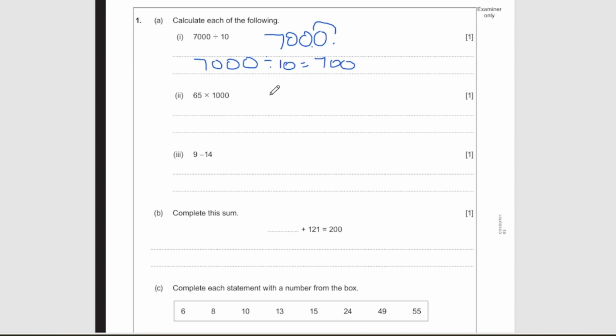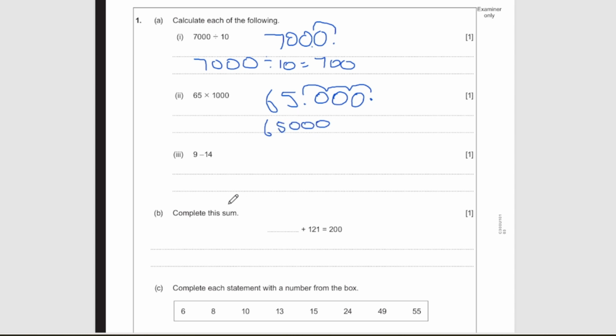65 times 1,000. Well, when we times by 1,000, we're moving the decimal place 3 times to the right. So here's my decimal place. Normally, I'm going to add some zeros just to make it easy to see. We're going to move it 1, 2, 3 times to the right. So that would give us